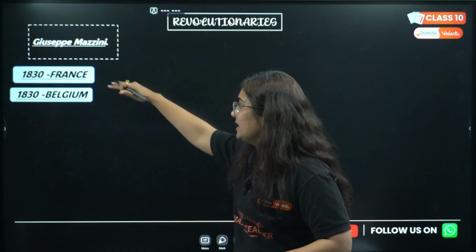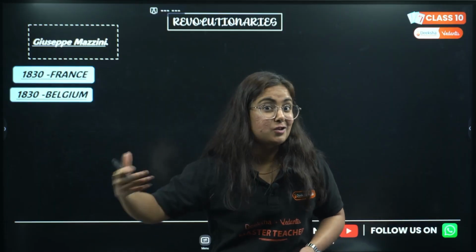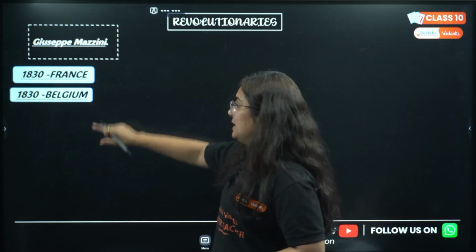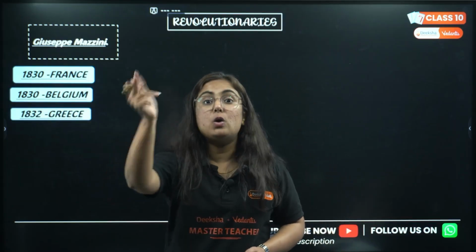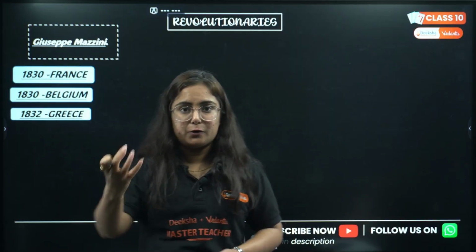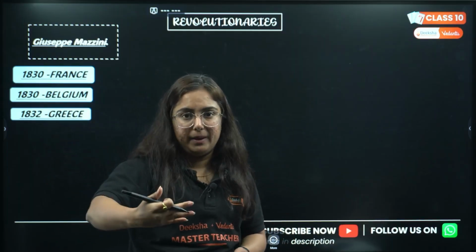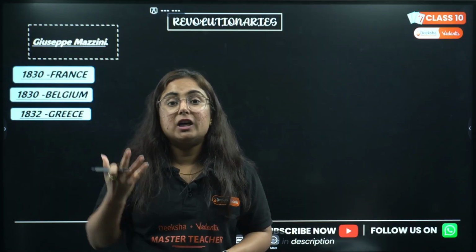Now after France does the revolution, the rest of Europe catches cold. So Belgium also has a revolution in 1830. Same in 1832 in Greece. Now Greece was a part of the Ottoman Empire, wanted to become independent, and Greece took the backup of their culture,